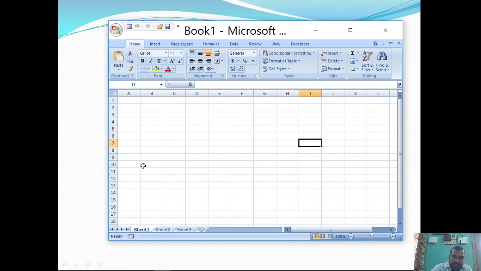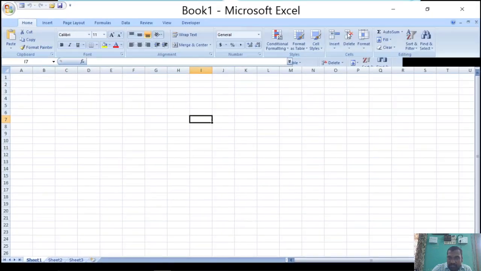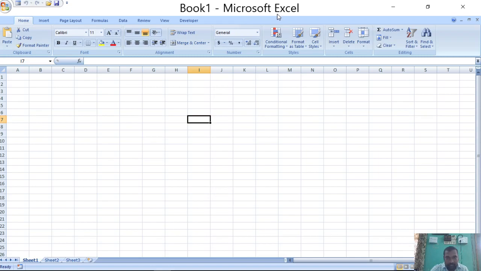By default the worksheet will be named Book1, Microsoft Excel. Book1 is the default name of the workbook and Microsoft Excel is the format that we are going to store.